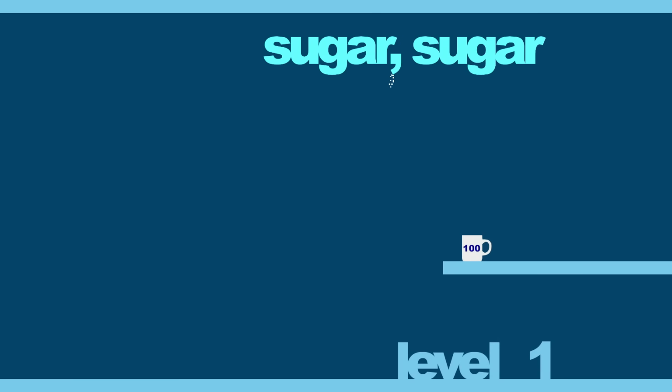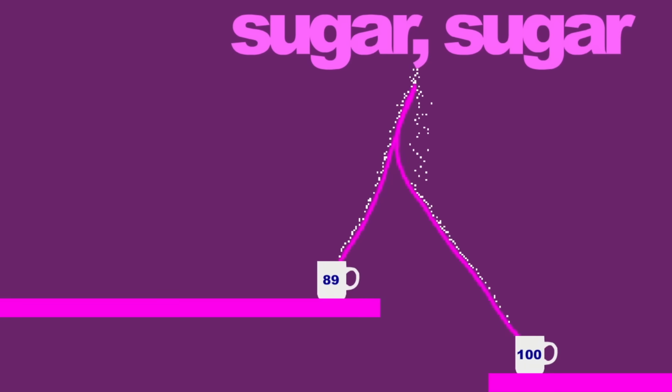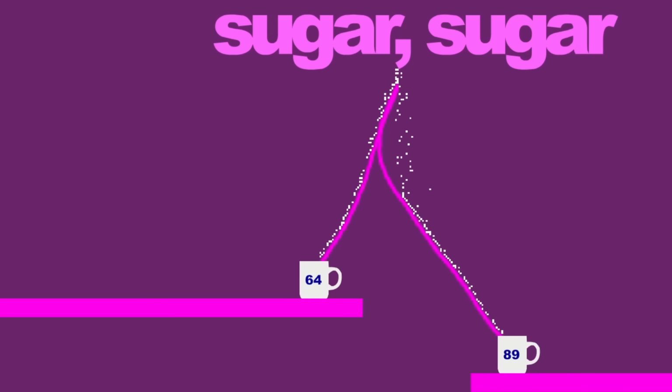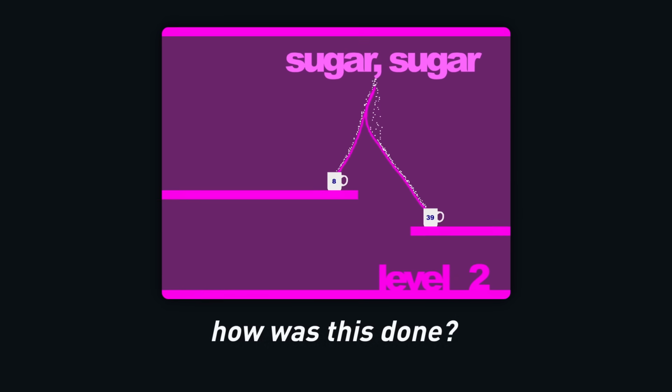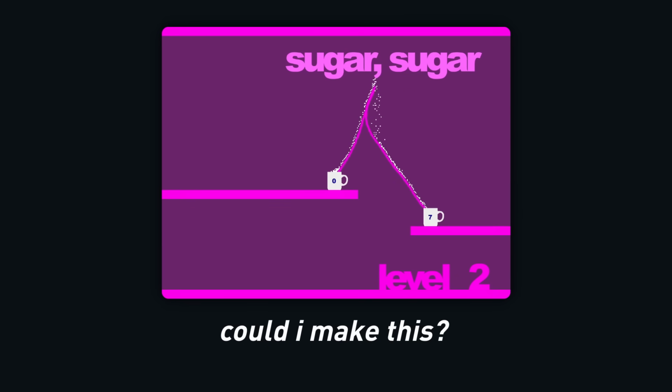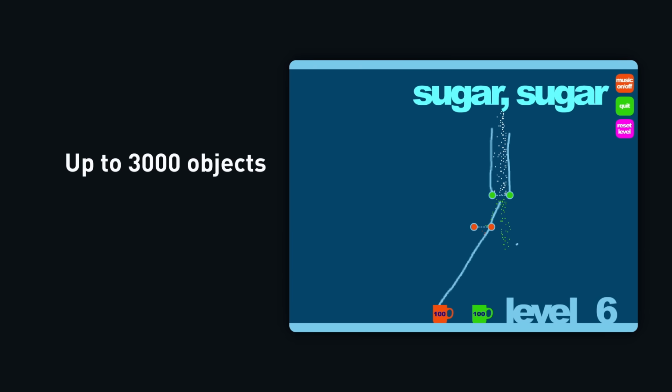Sugar Sugar is a classic flash game all about getting grains of sugar into coffee cups by drawing arbitrary lines with your mouse. The concept is so simple that by level 2 you're already familiar with the core mechanic. As a developer, games like these often make me wonder how it was done, or how I would go about making something like this. In the case of Sugar Sugar, the game is simulating up to 3,000 grains of sugar